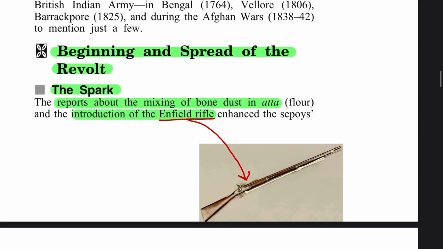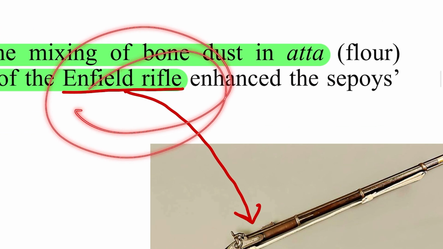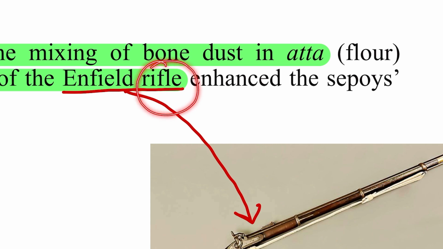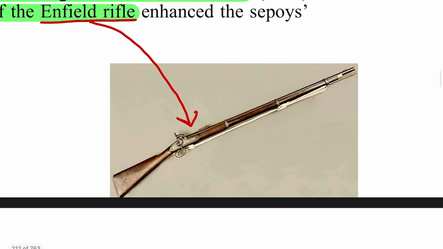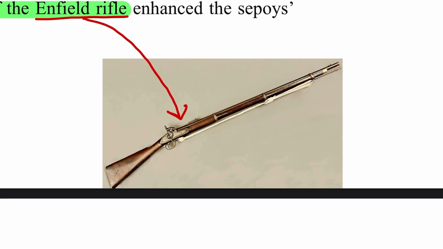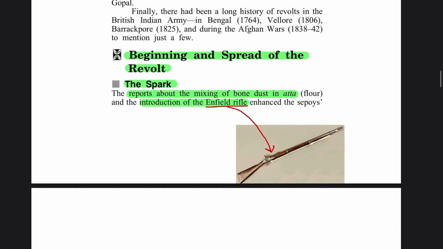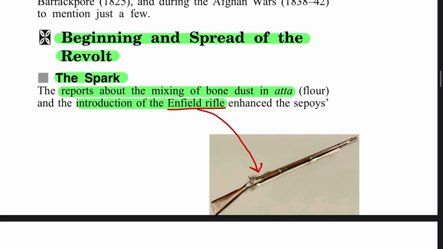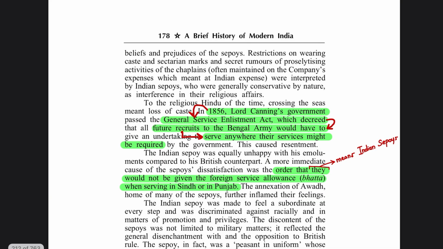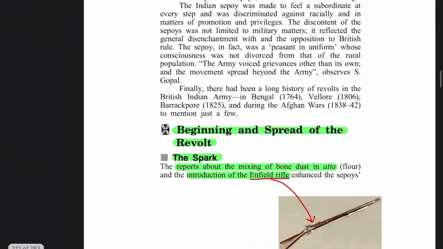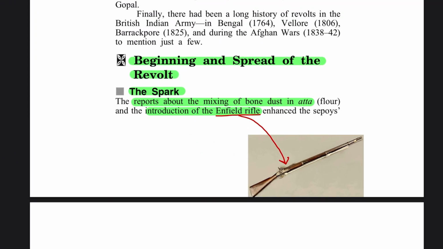Okay, so Enfield rifle, right? I can understand from the term rifle that it is a weapon, so I do not have to add this diagram. There is no need, but I added the diagram so that the learning becomes more and more engaging and I do not get bored, because there is so much data, there are thousands of facts. How do you remember that? You make it engaging by adding diagrams and flow charts. This is possible only in good online note making.